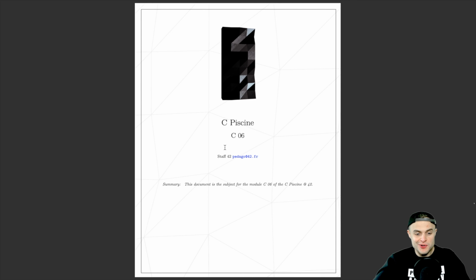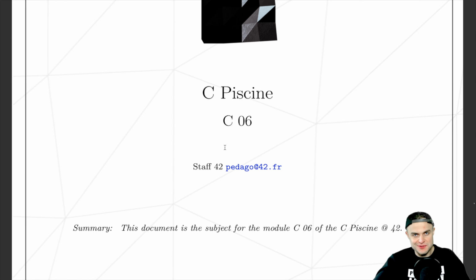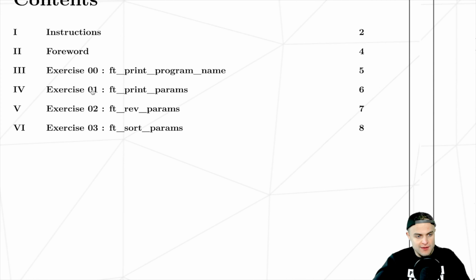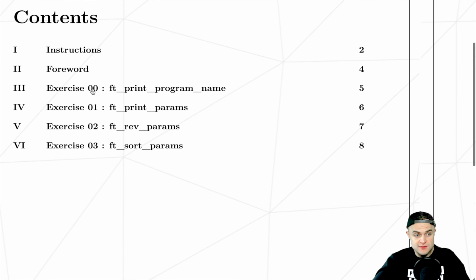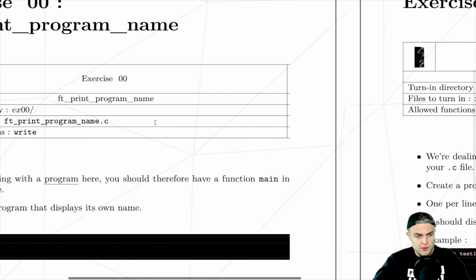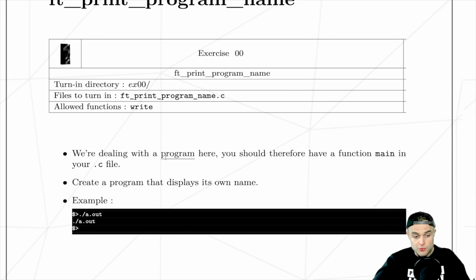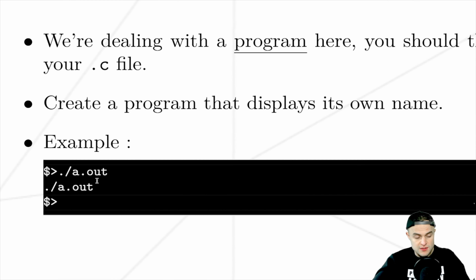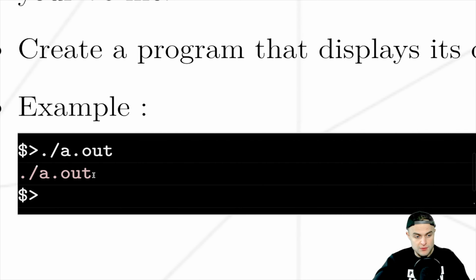All right, my friend, today we are at C6. We are halfway to this madness. And this time we have to make a few exercises. This is a short chapter. So we have to make a program that is able to print the program name. For example, it has to be able to print a.out given the name of the program, which is a.out, the